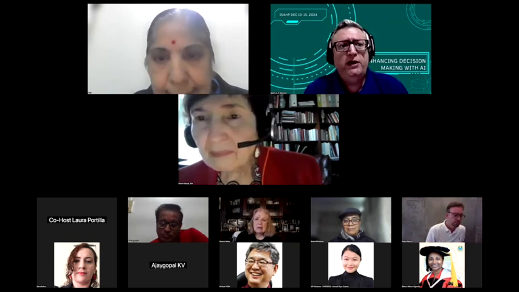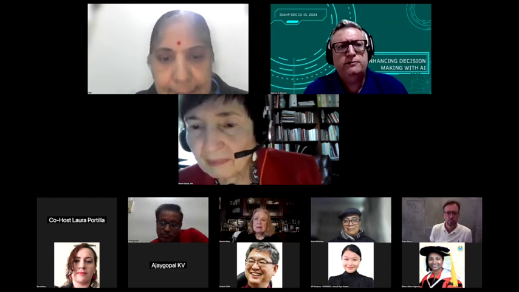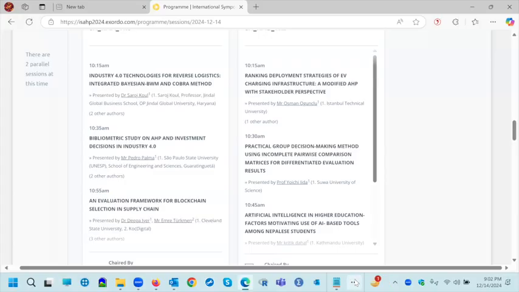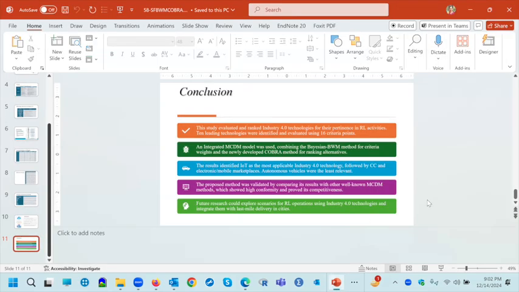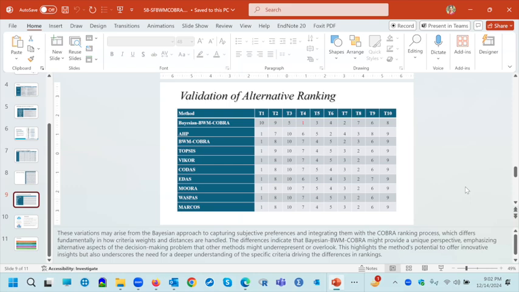With AHP and other methods, I can remember TOPSIS and MARCOS, and I'm not familiar with those methods, but on slide 9, all of them result in technology T1 ranked first.